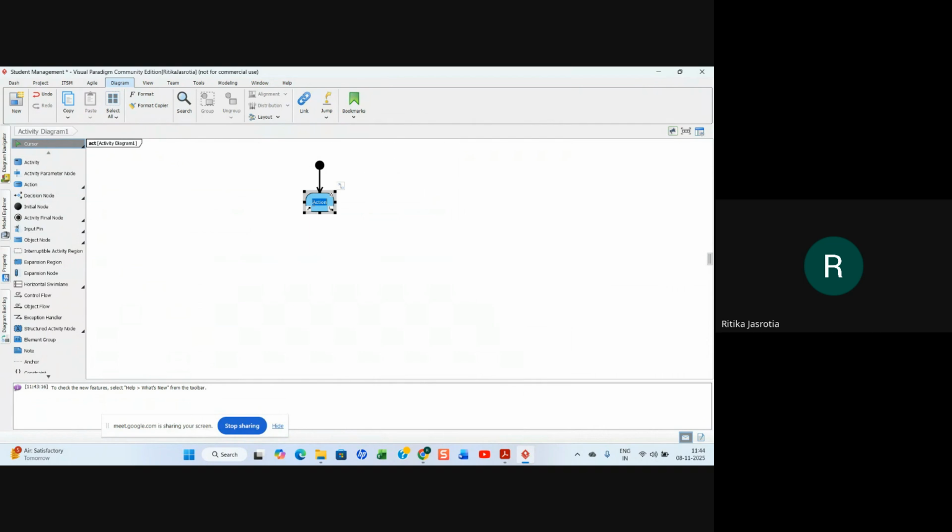So here we can put an action, like in your diagram it is verify card and pin. So we will put that verify card and pin.